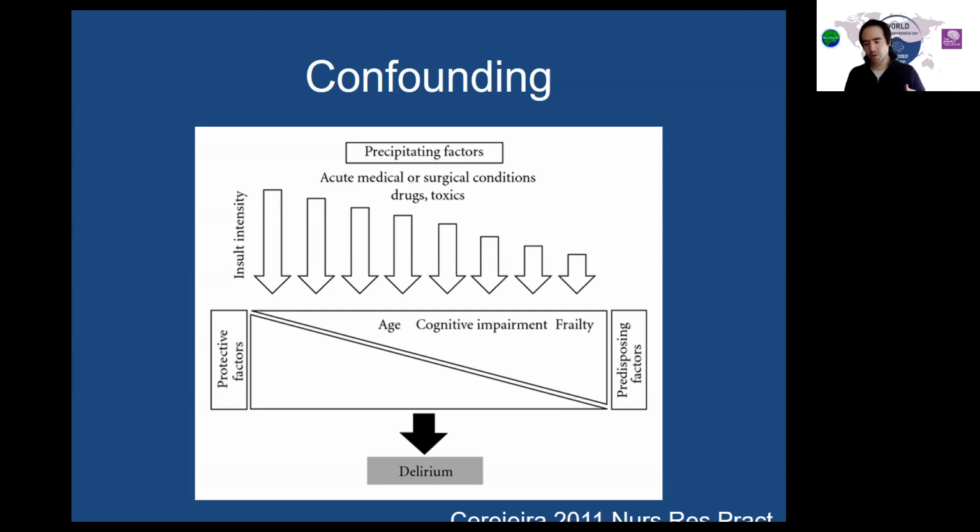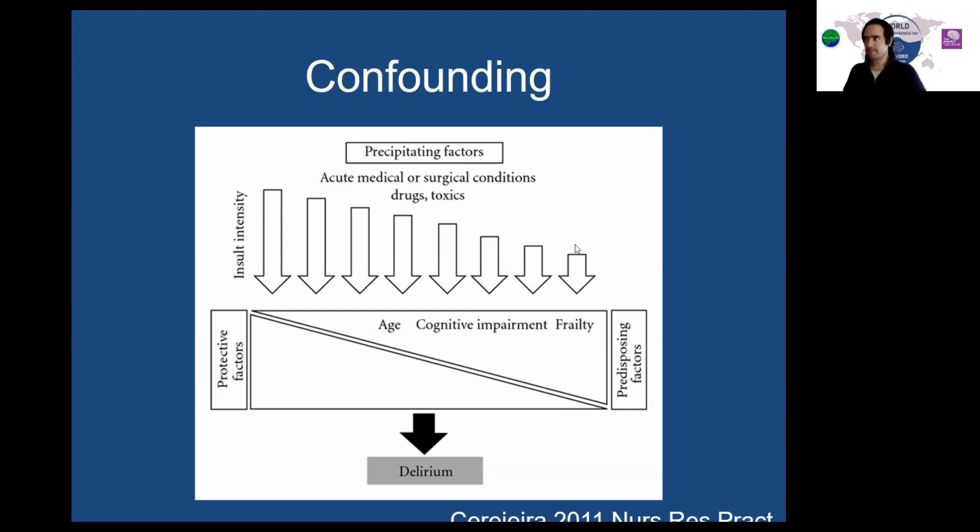So we know that, but what that means is that if you want to say that delirium is associated with some bad thing at follow-up, then you need to be able to say that it was independent of these two domains, so that those bad things weren't just because they were sick or just because they had dementia as well. If you want to estimate the independent effects, and these are not causal, these are observational data, then you need to have measures for all of those things, not just the delirium, but the predisposing factors and